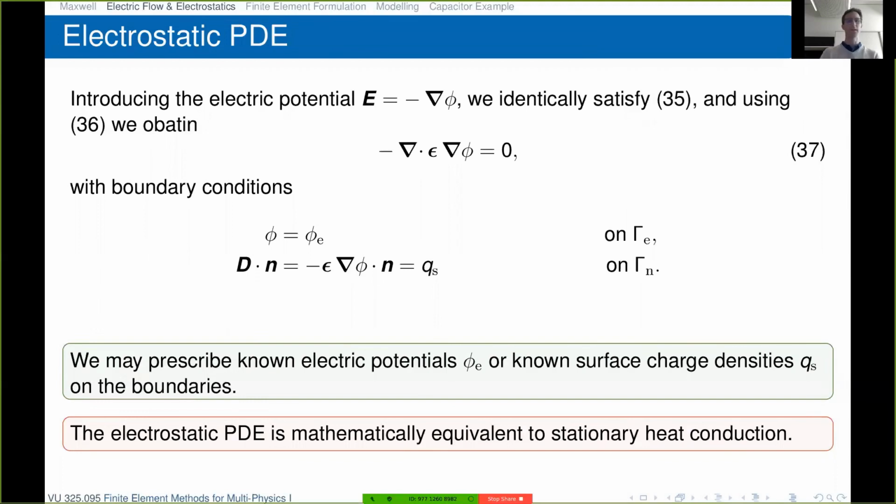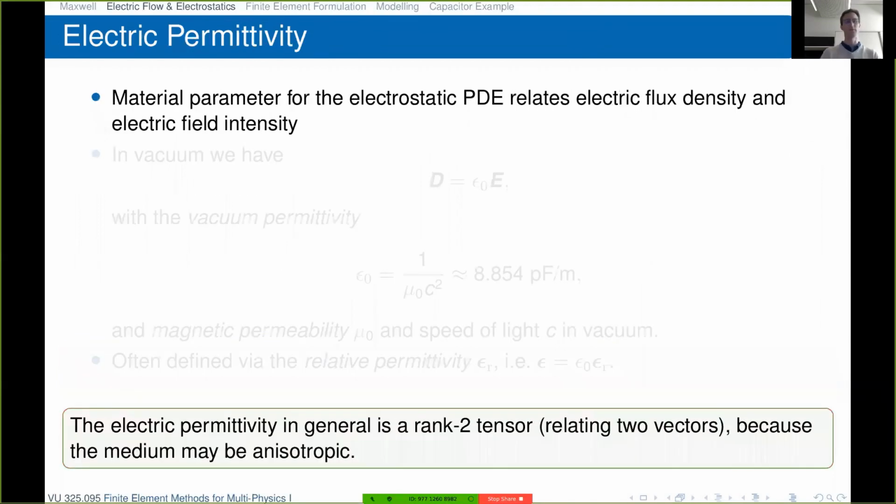So let's see how we can derive. First, we have to consider the electric permittivity, which is now the only difference to the other two equations, heat equation and electric flow PDE. This is simply the different material parameter. So the electrostatic PDE needs the electric permittivity as a material parameter, which relates electric flux density and electric field